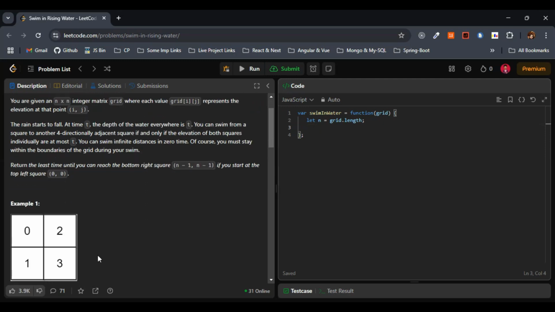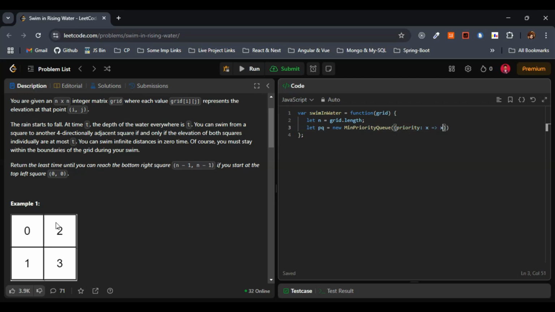In this case, in example 1, when t equals 0, next when t equals 1, then t equals 2, then t equals 3. Every time we need the smallest time, right? So that is the reason we'll be going with a minimum priority queue that is based on time. Let's quickly give here PQ new min priority queue of, let's set the priority here